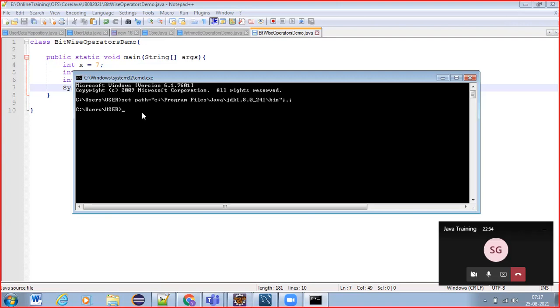Next, after this, what should we do? Locate where we saved the file. Yeah, very good. So I have it in E drive, so first switch the drive to E drive. Now navigate to our folder. For navigating in command prompt, what is the command that we need to use? CD.